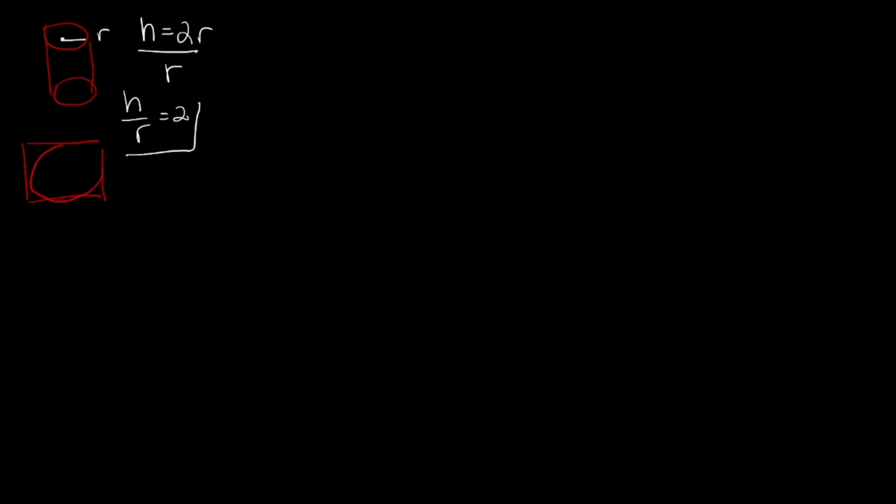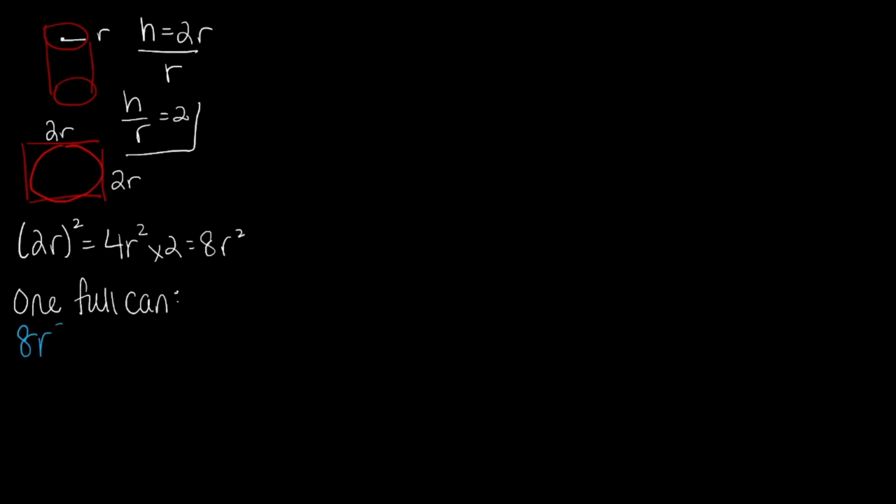So we know that the material for the cans is cut from sheets of metal. Since the size of the squares is 2r, the amount of metal needed to make one lid, either the top or bottom, is approximately 4r squared, or 8r squared for both top and bottom. Thus, the equation to create one full can is 8r squared plus 2 pi rh, where 8r squared represents the top and bottom, and 2 pi rh is the surface area of the side of the